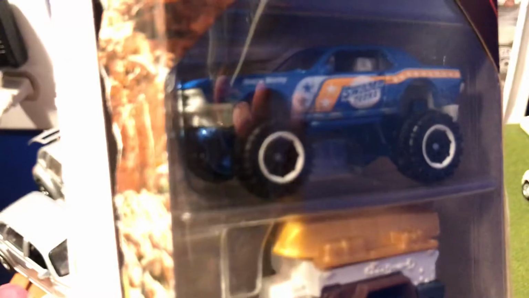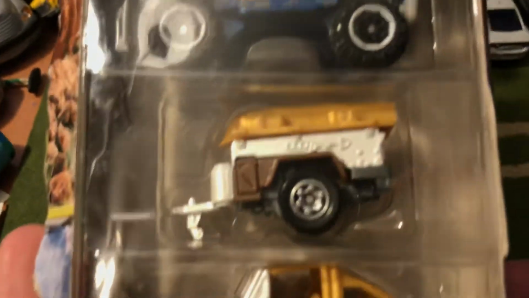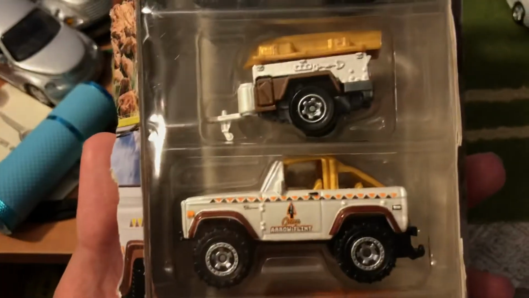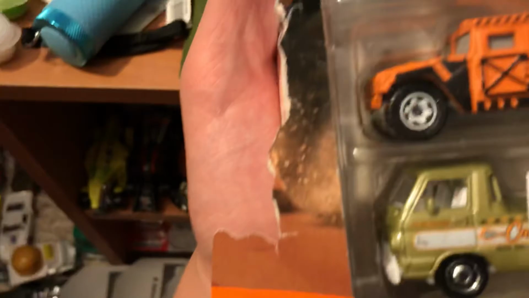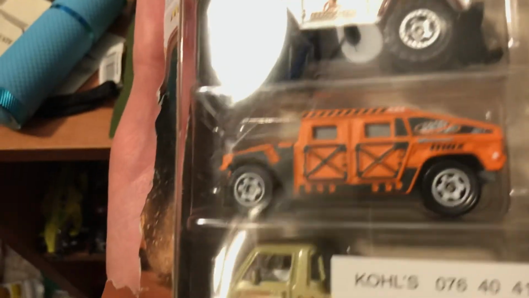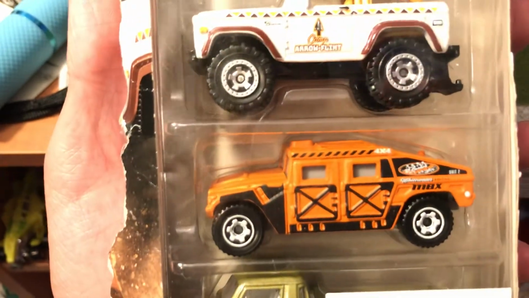And the last of them, glare. We got glare. This is the Matchbox Wild set. So I like this one because the Bronco and that little trailer match, and it's got the Dodge A100 in it. It's covered by that Kohl's sticker. Hummer. Yeah, poor thing. I did rip it open. I'm not going to take it apart now, but...